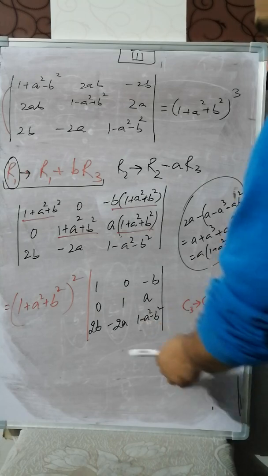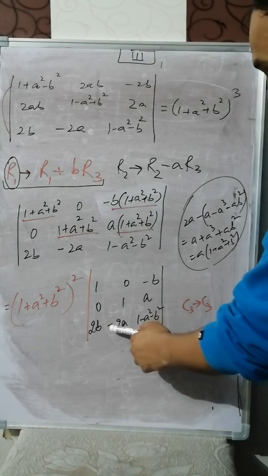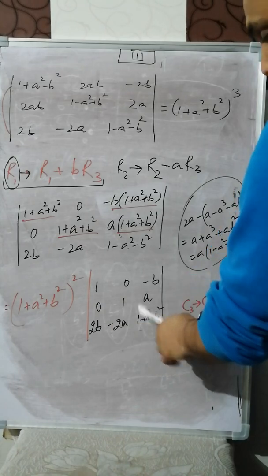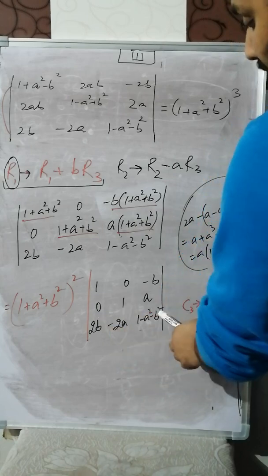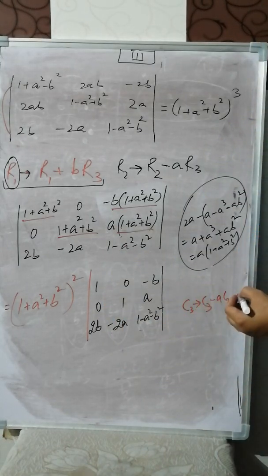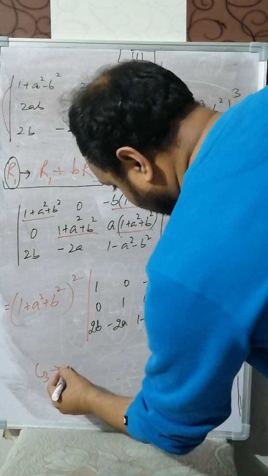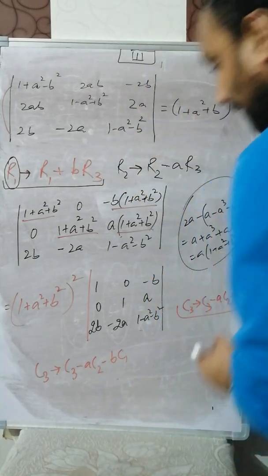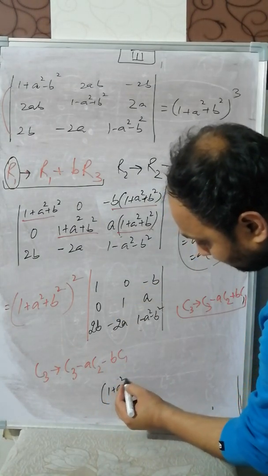C3, ठीक है ना। अगर मैं 1 तो एज इट इज है ही है बेचारा, इसमें से माइनस a टाइम्स C2 करूं तो बन जाता प्लस a स्क्वायर, और ये कितना है माइनस b स्क्वायर। अगर मैं प्लस 2b स्क्वायर करूं तो प्लस b स्क्वायर बनेगा या नहीं बनेगा, तो प्लस b टाइम्स C1 कर दूं, तो दिस इज वेरी इंटरेस्टिंग ऑपरेशन, दैट इज C3 पे ऑपरेशन लग गया C3 माइनस a टाइम्स C2 माइनस b टाइम्स C1। तो क्या हो जाएगा इससे, दिस विल बी 1 प्लस a स्क्वायर प्लस b स्क्वायर होल स्क्वायर,